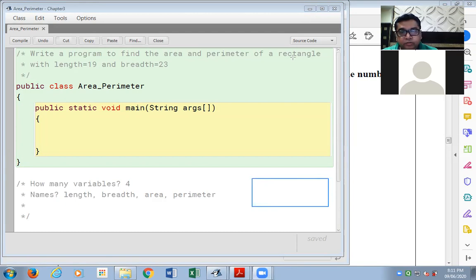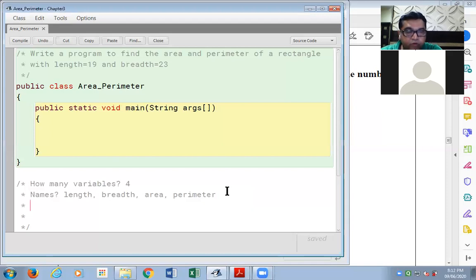Formulas. I'll be explaining to you the formulas for the area of the rectangle and perimeter. These are the variables we need. Now next question of mine. What is a suitable type for these variables?